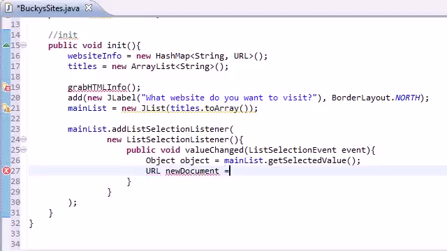Set this equal to website info, because remember, website info is the hash map that has the information of the title and the URL. So you guys are going to see once I'm done. Get